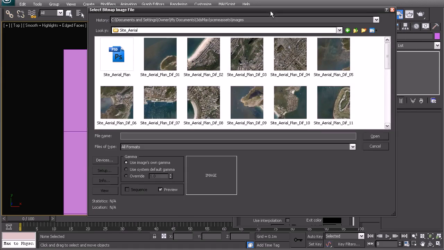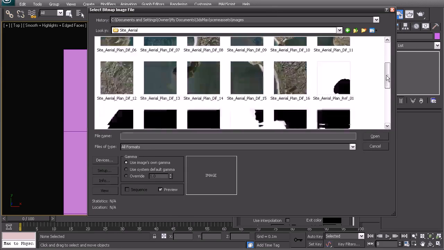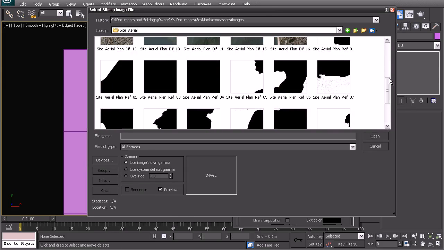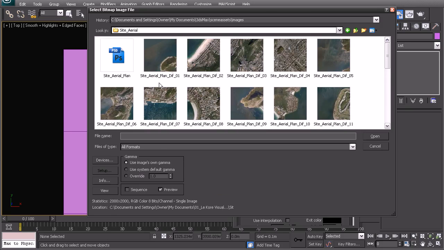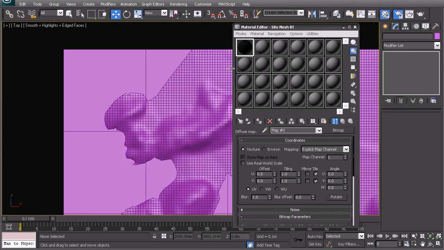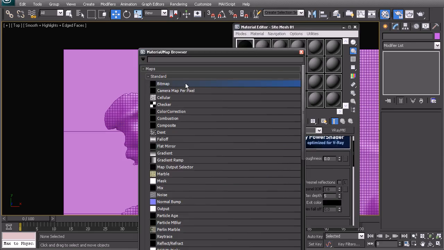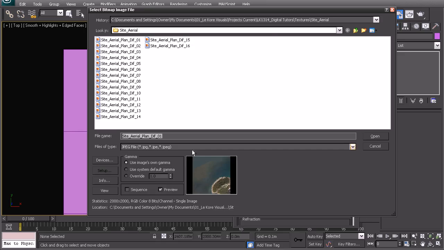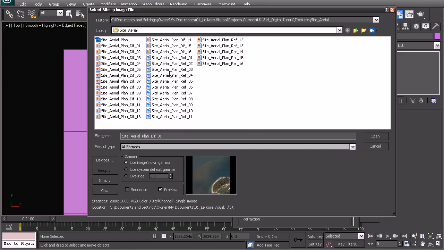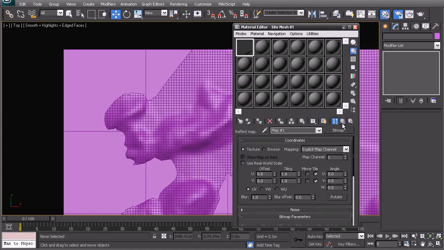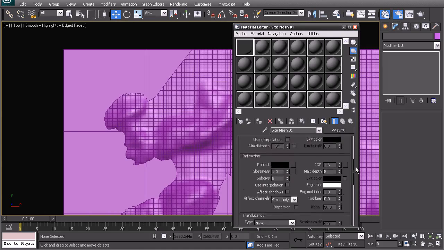That would be the site satellite photos, as well as then for the reflection we will use these below. So I'm going to choose 0, 1, diffuse 0, 1. And then for the reflection slot, we will do the same thing, except we will choose the reflection image down here. Now just a couple of settings to make it a little bit